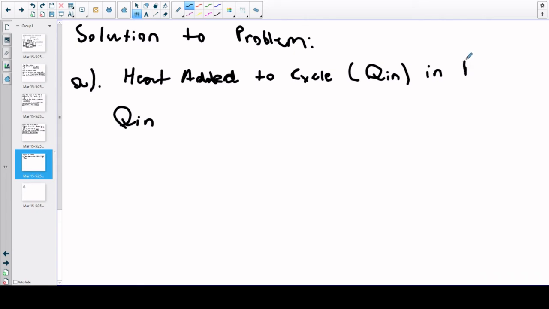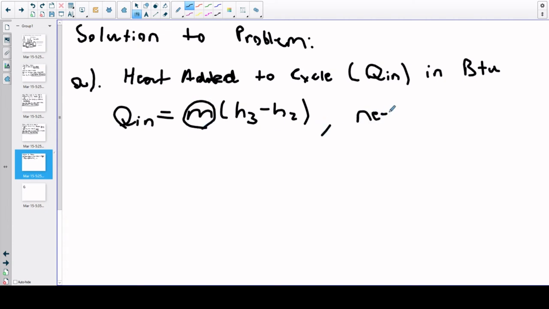So, yeah, and then I forgot the units anyway. In BTUs, I think it's just BTUs, yeah. So, for this one, Qn is equal to H3 minus H2 times the mass. But if you remember correctly, we do not have a mass for this question. It did not give us one, so we need a mass. Now, how do we find a mass for this? Well,